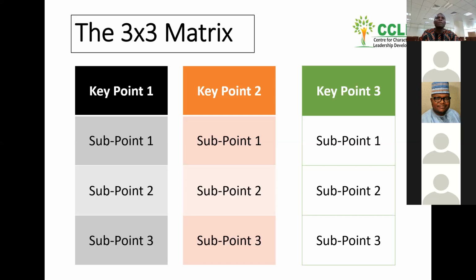So the 3x3 matrix is one of the most effective ways to construct your ideas and make a very powerful presentation. Almost all professional public speakers use this method. You could literally visualize your speech in just a click of the finger. The first thing you ask yourself is, what do I want to talk about? Ways to be successful. Fine. So what are my 3 main points? You list them. How do I portray those 3 main points? Using 3 simple points. You talk about them, and then you are done.